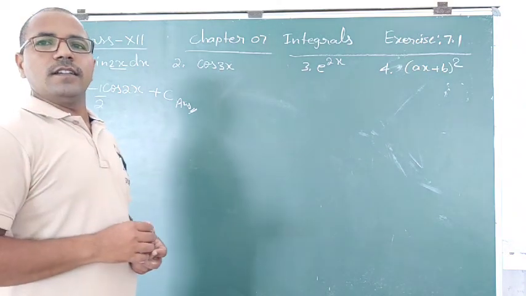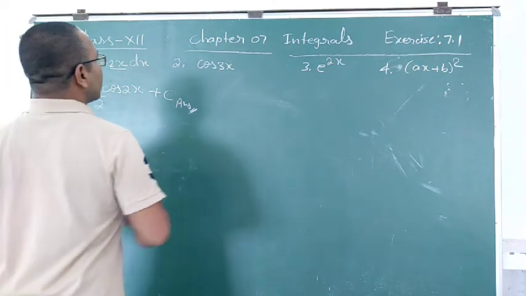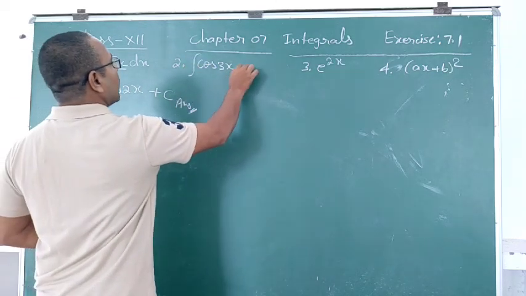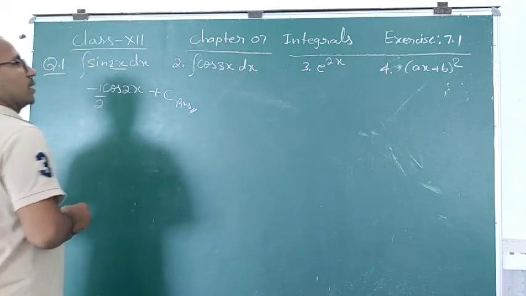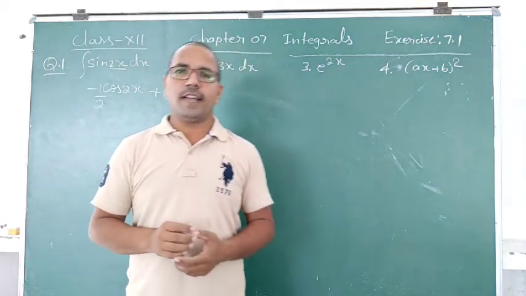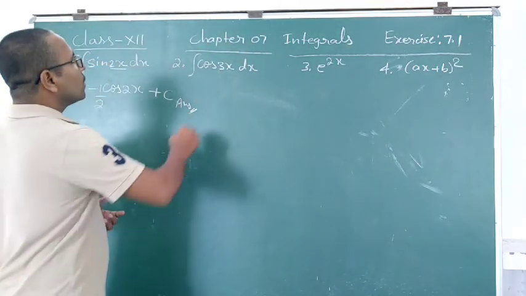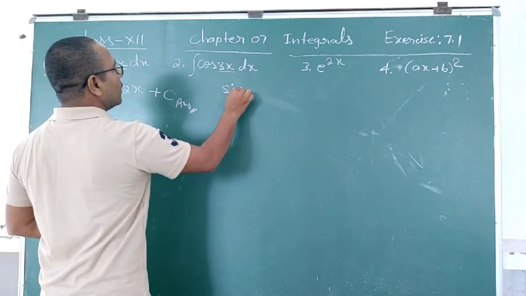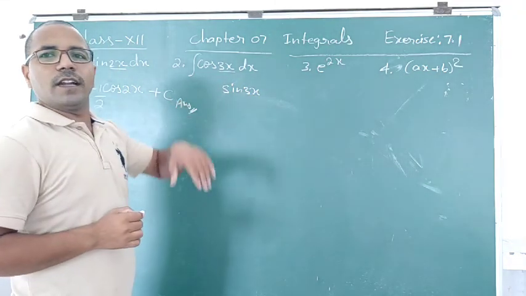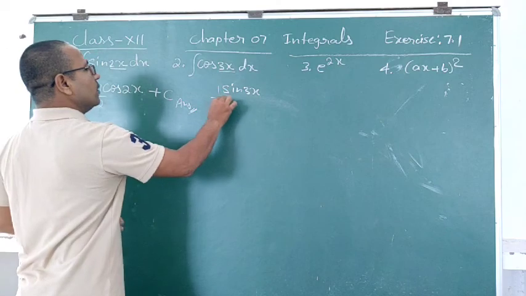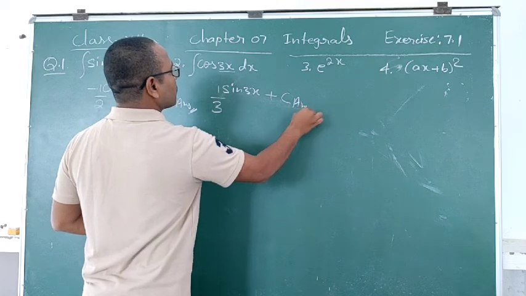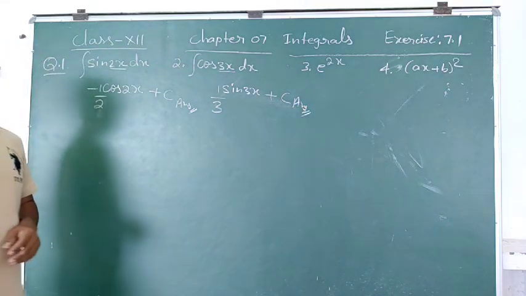So now we will see the second question. The second question is cos 3x. We have to integrate with respect to x, because x is here. So the integral of cos x, we know that is sin x. So with 3x here, you will get sin 3x. But whatever the coefficient of x is, that will go in the division. So 1 by 3, and use 1 constant c here. So this much is your answer. Clear? So now let's see question number 3.